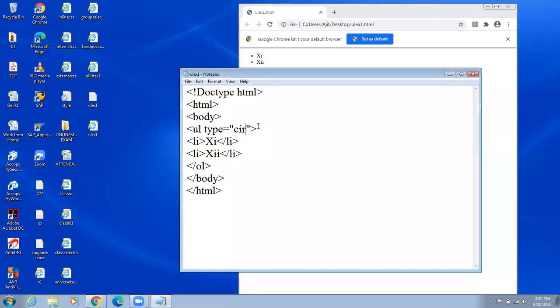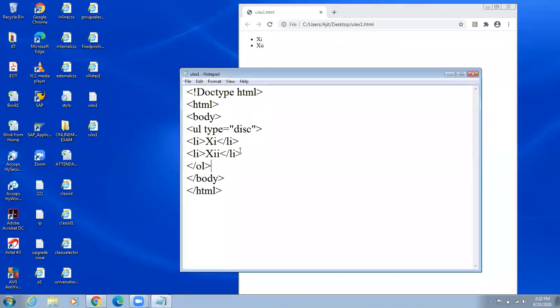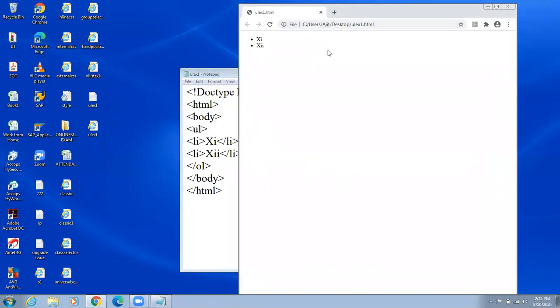Now what will happen with this? Yes, it is a filled circle. Okay, now if I don't use type, then what is the default value? Default value is disc.